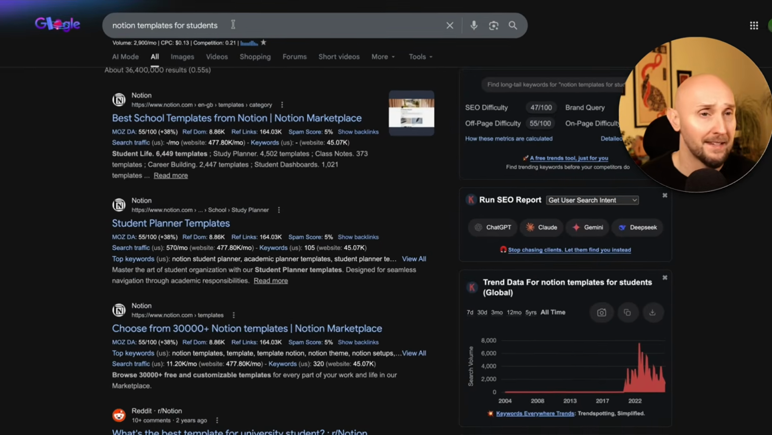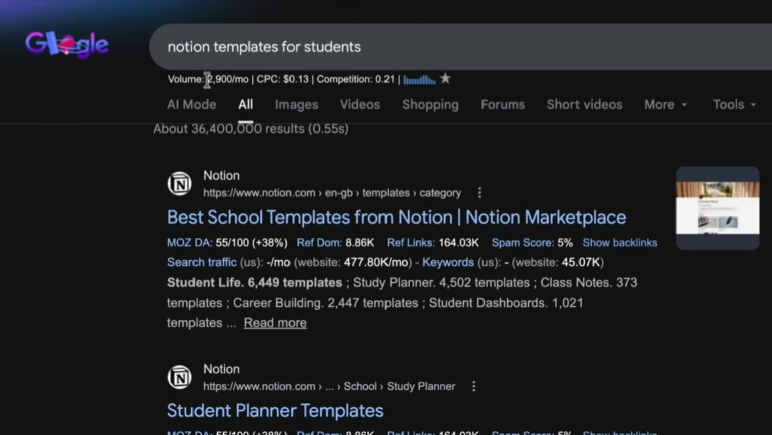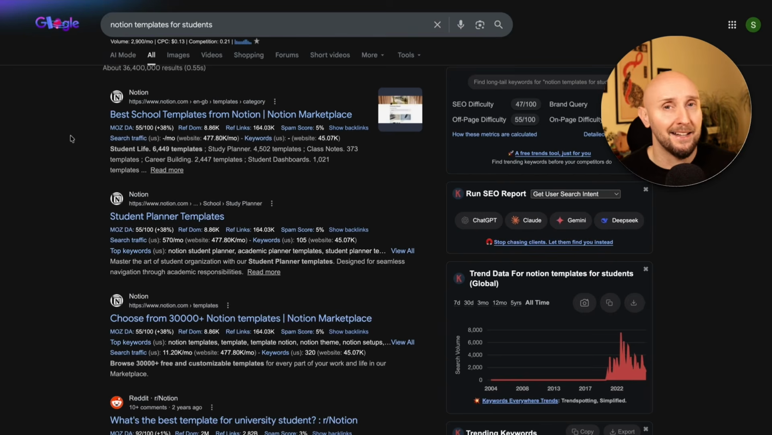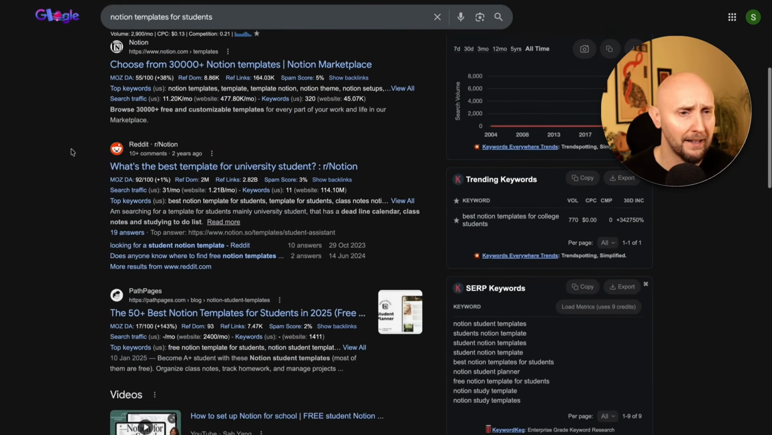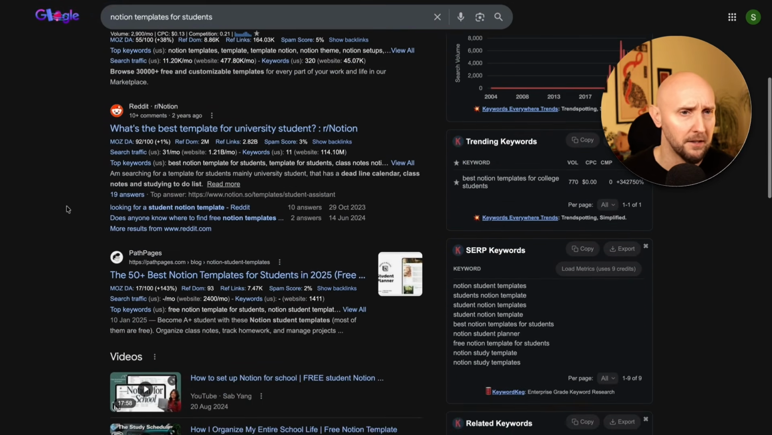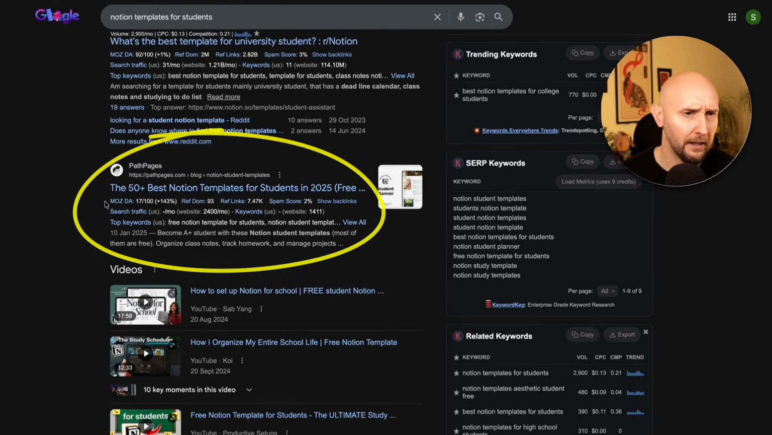So for example, this keyword from our list right here, Notion templates for students, search volume is 2,900 a month, which is great. Competition is 0.21, so not too high. Now, of course, for this particular type of keyword, we're going to see the brand Notion ranking at the top, and you're not going to outrank them. But if we scroll down, who else is ranking on page 1 for this keyword? So we see a Reddit post right here, but this website here called Path Pages,